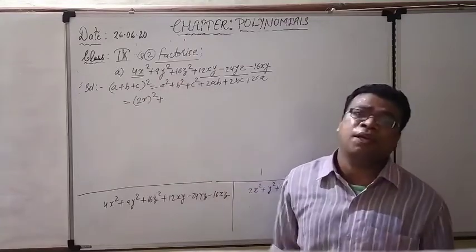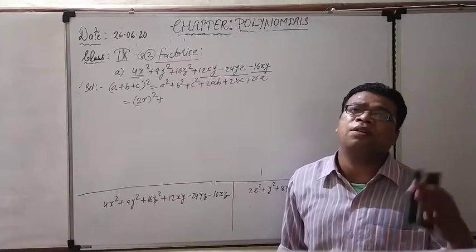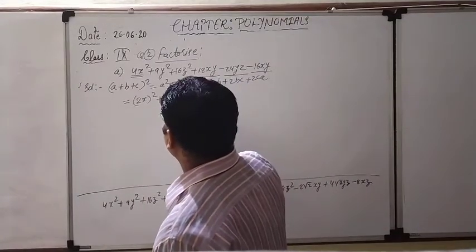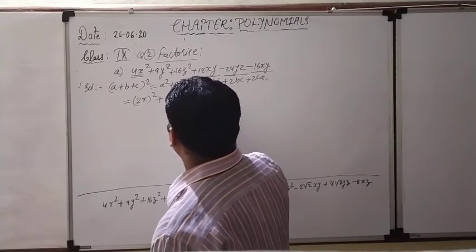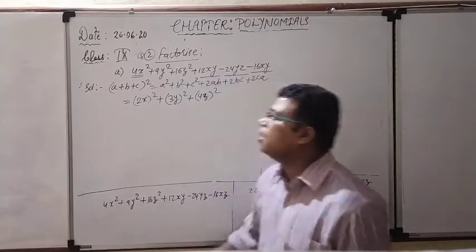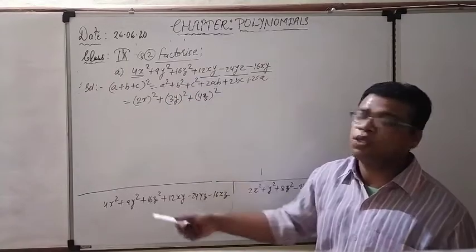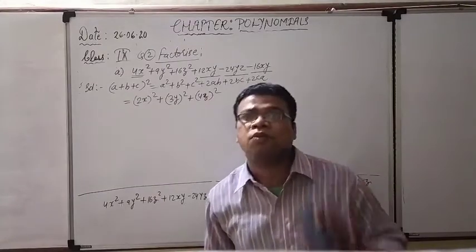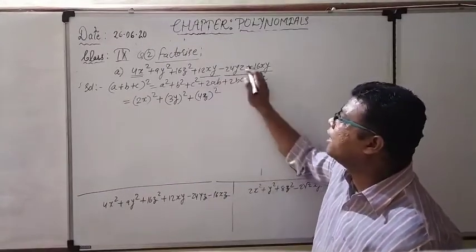Here the value of b, for example, you are going to convert 9y square. Right now I am going to write down 3y whole square. Right now I am going to write down this 16z square as 4z square. No problem is there. That you may understand. 9y square means 3y whole square, 16z square means 4z whole square. But what is the logic here? Because the things are coming in the negative form.